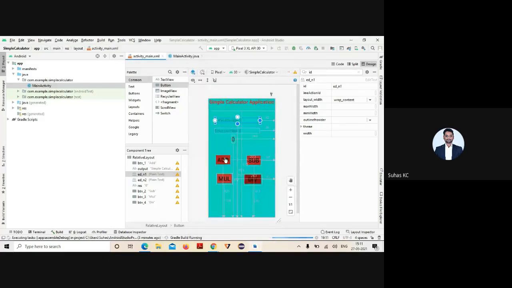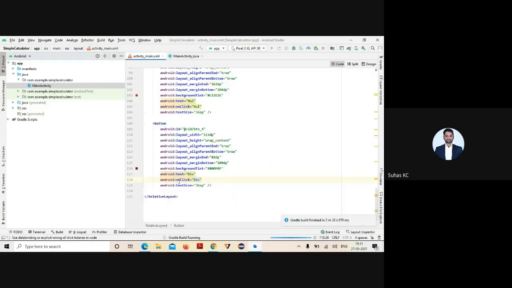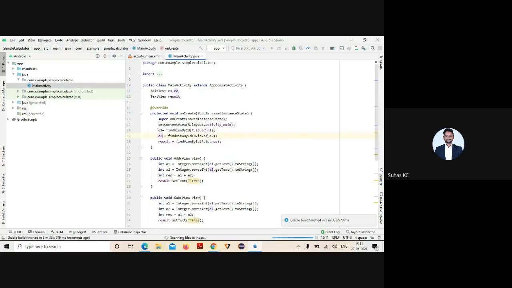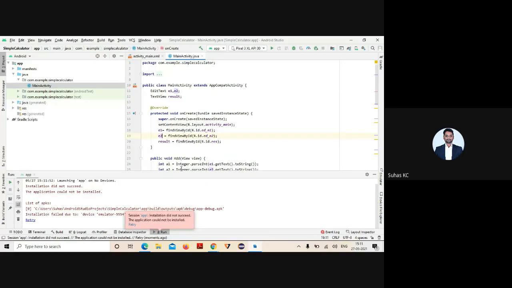Now as soon as I click this button, what operation has to be performed? Here I'm adding the one called onClick, for division and so on. As soon as I say this, one method will be created here. For the logic part, public void add. So I've just written the add method.